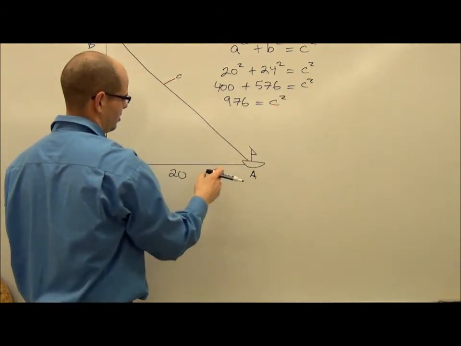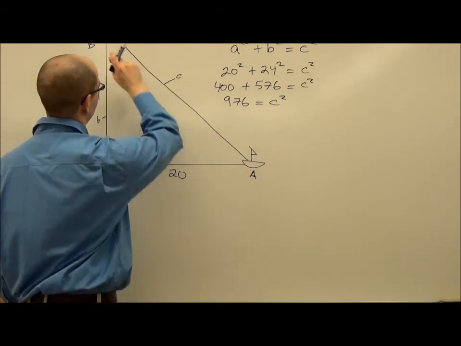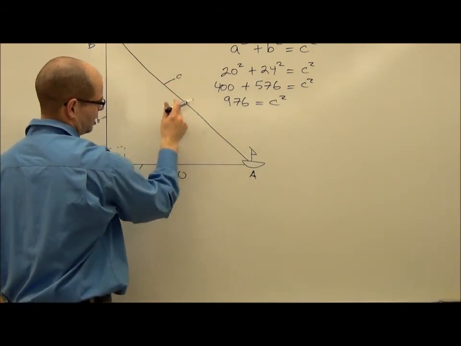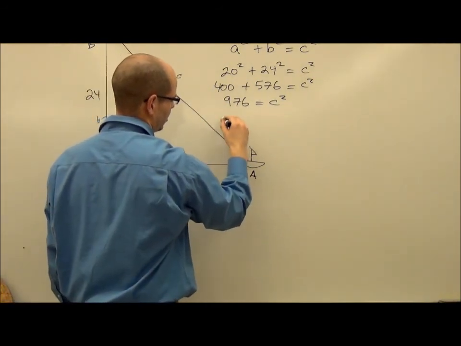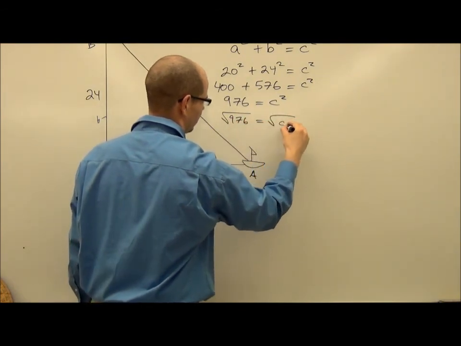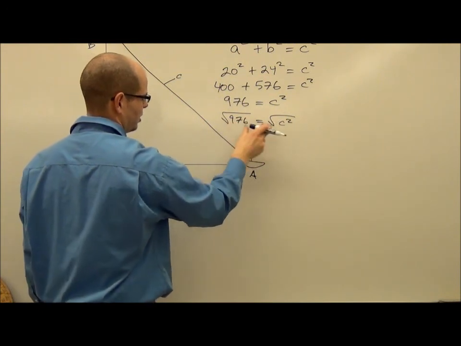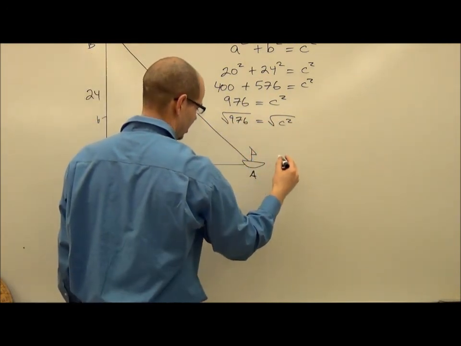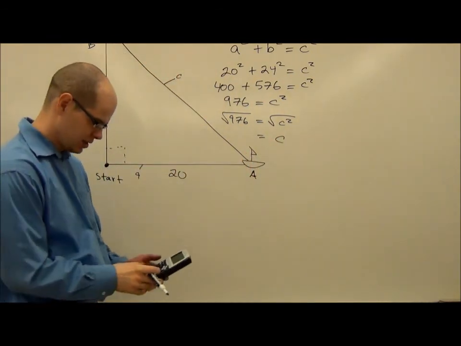Remember, C squared is actually a square. We want the side length here. We want the actual distance between A and B, which is actually this length here on the edge of the triangle. So what we need to do is take the square root of both sides. So we take the square root of 976 and the square root of C squared, okay? When we take the square root of both sides, we're going to get C on the right-hand side. And on the left-hand side, the square root of 976,